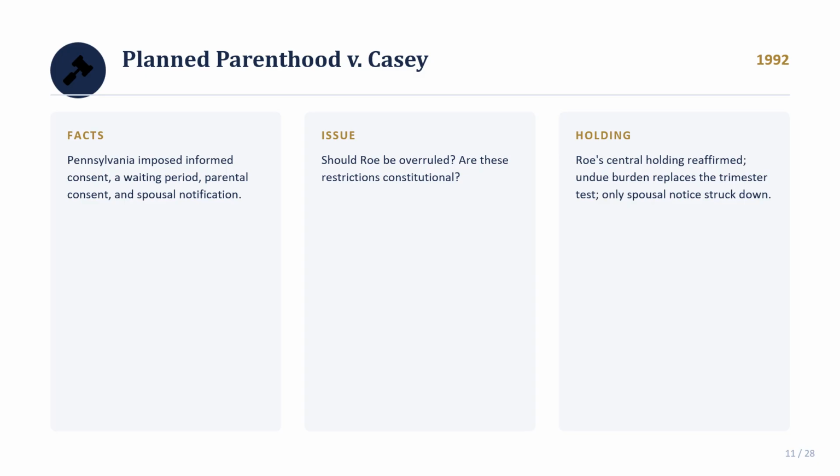All right, so keep that in mind when we reach Dobbs, since part of the Dobbs majority's critique of Casey specifically targets the undue burden standard as unworkable and inconsistently applied by lower courts in the decades that followed. And that's a critique that some argue traces back to this very compromised structure.